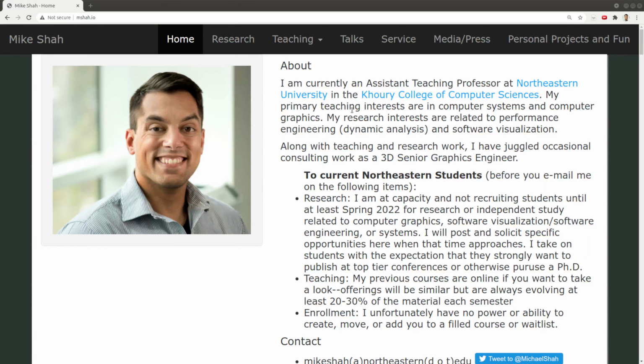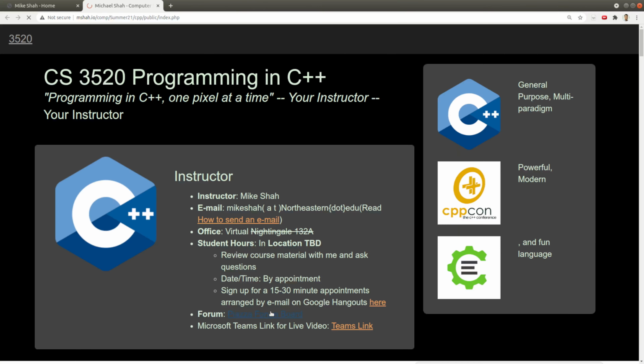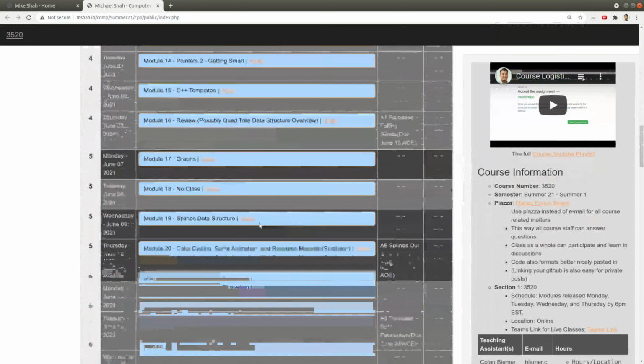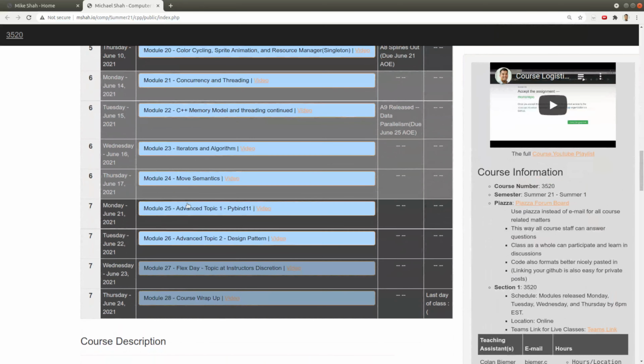Alrighty, folks, we are going to jump into module number 25, and this is week 7, the final week of the course, where we're going to start wrapping things up. And we've got some fun topics for this week. So we're going to start with some advanced topics, and this week really is all about advancing your C++ and helping you get excited about C++ for your future.